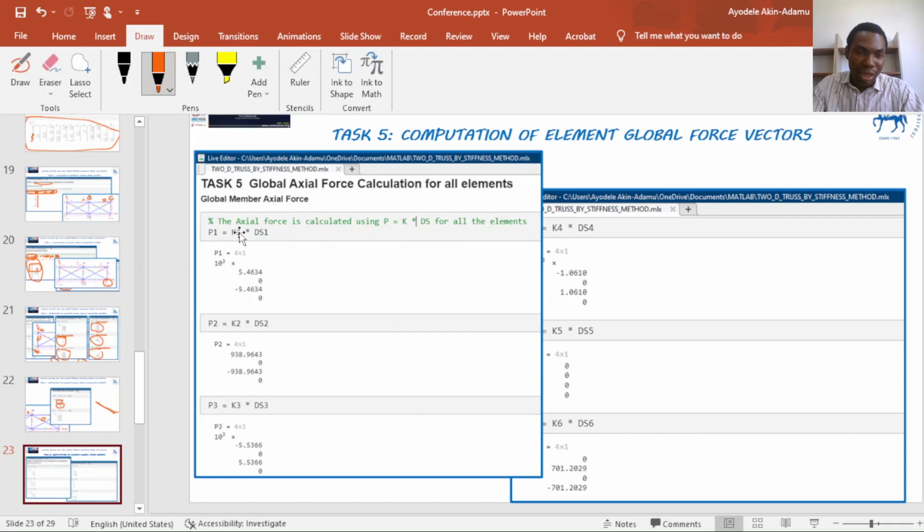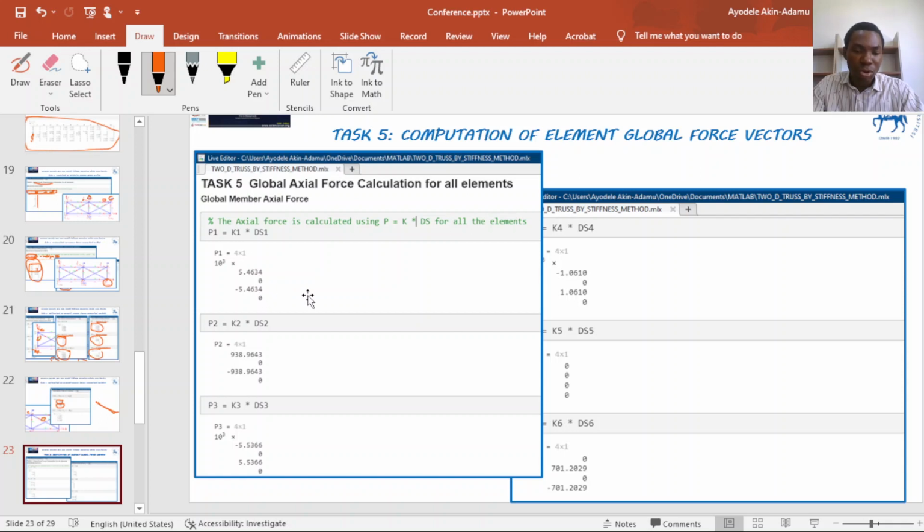K1 is my local stiffness matrix for element 1, DS1 is my displacement vector for element 1. K1 is a 4x4 matrix, DS1 is a 4x1 matrix. So you can multiply them together. Once you multiply them, you get your force component in the xy direction